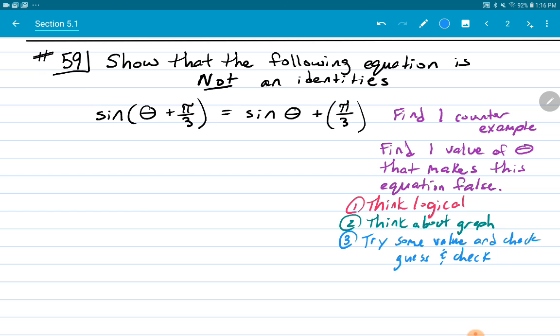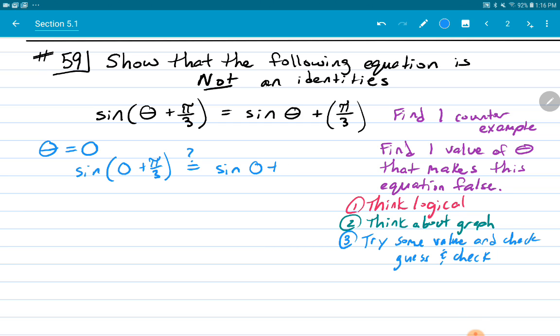So the best strategy with number 3 is to find some numbers that are easy to evaluate. So like with this one, I know sine of 0 is really easy. So I'm going to try this. What if we let theta equal 0? Then I would have sine of 0 plus pi over 3. And my question is, is it going to equal sine of 0 plus,